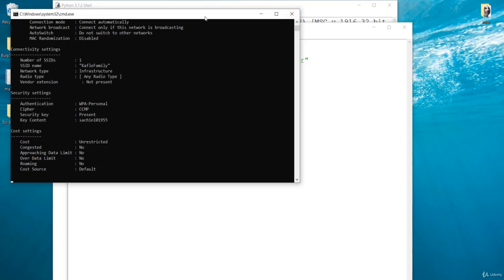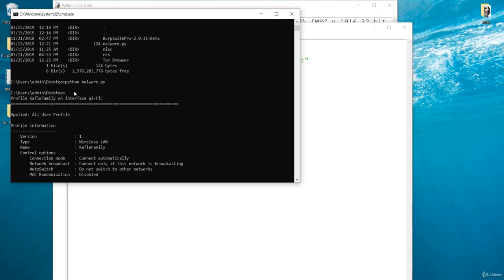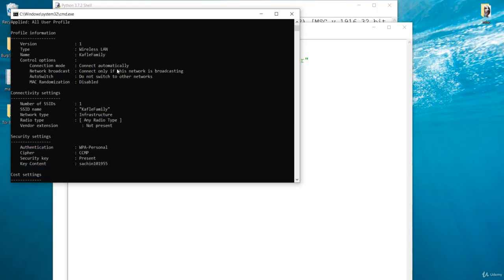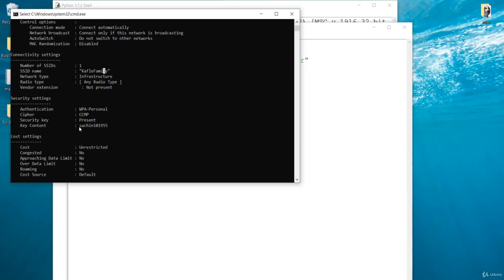You can see our payload is working perfectly. It has shown us all the information of the SSIDs it is connected with, and the information about the password over here. Now we'll copy all of this information and send it to the server, and in this case it is going to be the Gmail server.